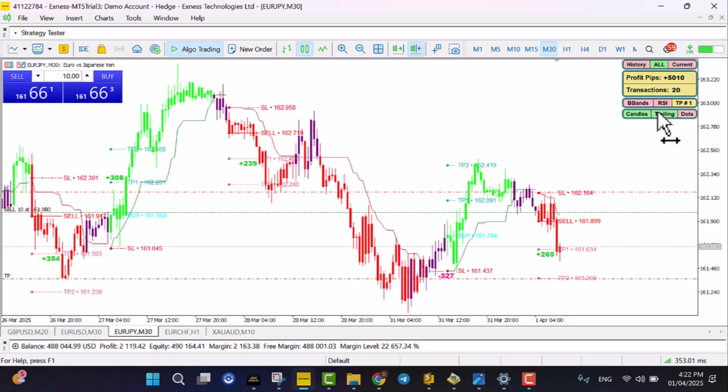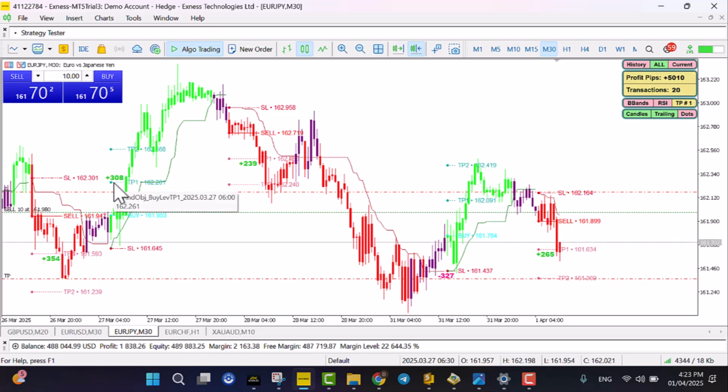I have also added a trailing stop line, which you can use for your trades. Let's say, for example, that you have entered this trade at this price here, and the price started to go up, and you get to TP1. So what you can do is take half of the position, which is going to be 154 pips, and then keep trailing your stop loss as the price goes up. And you can even go further than TP2, up until this level right here, which actually coincides with the